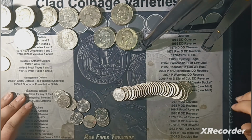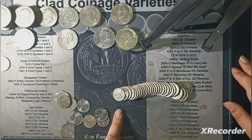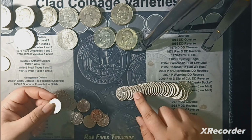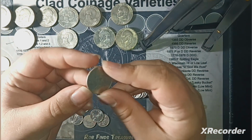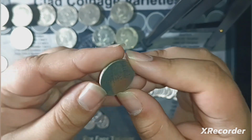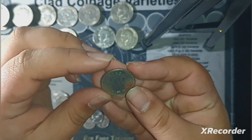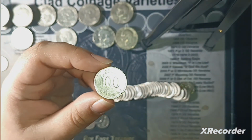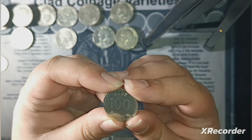Alright, I'm on roll number 3 of the quarters, and I'm not sure how I missed this by the edge, but we have a foreign coin, as you can see. Yep, I don't know how I did not see this, but it looks to be Korean. Yep, definitely looks South Korean to me. I can't remember what the denomination they use is, but